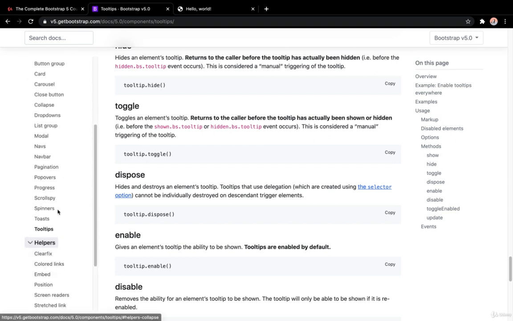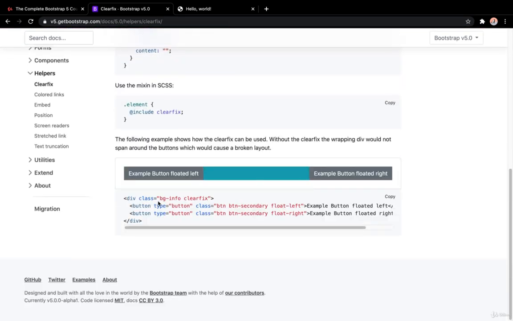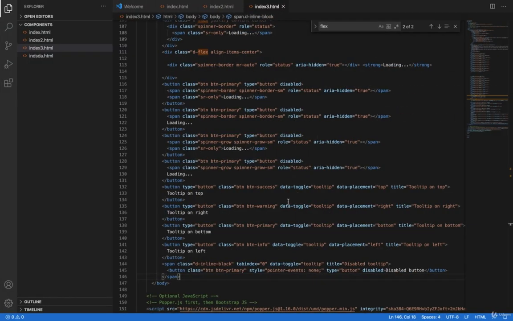I have the helpers here, the clearfix. Let's see what the clearfix is, if we will need to do it. Example: put float right and this to be left. The following example shows how clearfix can be used. Without the clearfix, the wrapping div would not span around these buttons, which would cause a broken layout. If you want something to float on the left or right with the buttons, I do not think it is